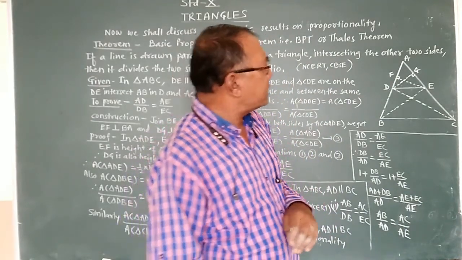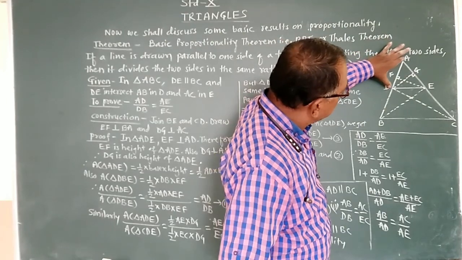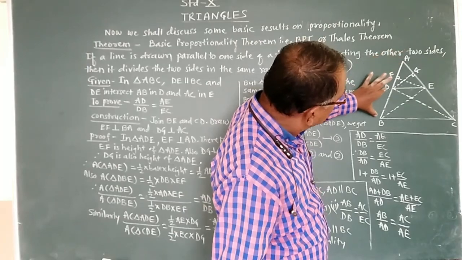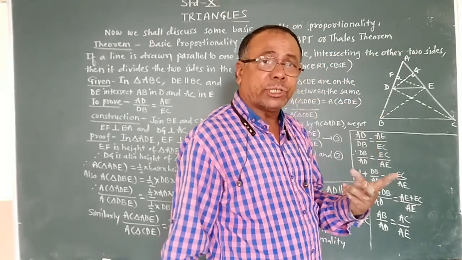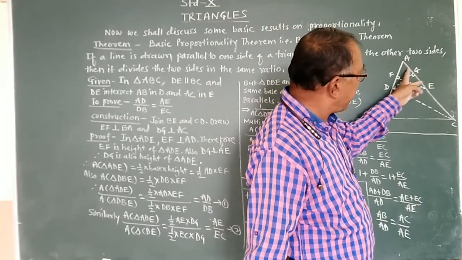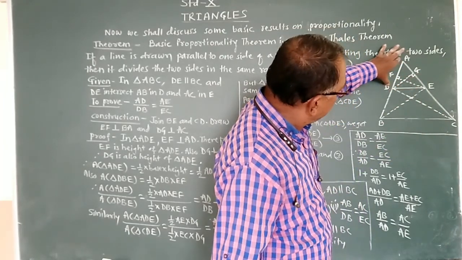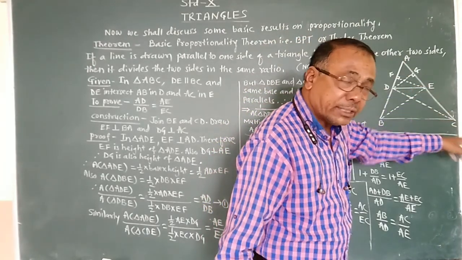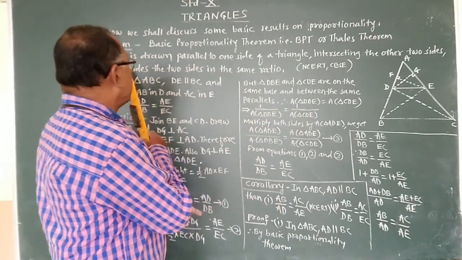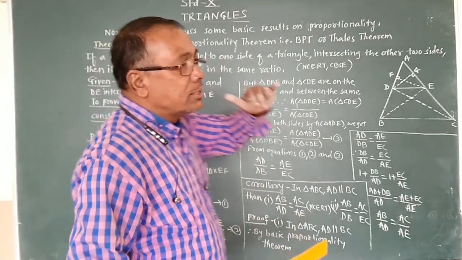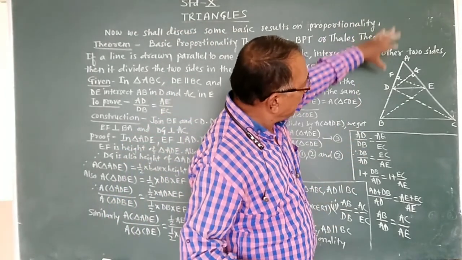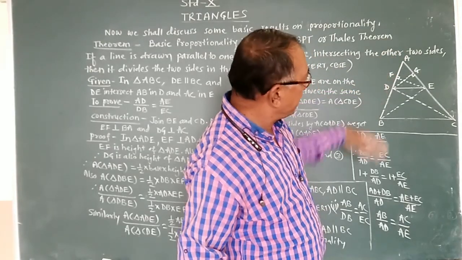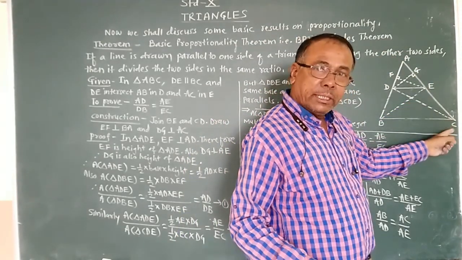In the same ratio, what is the division of AB? AB is divided into AD and DB. These are the two parts. So AD upon DB, and the other two parts of AC, that is AE and EC. So AD upon DB is equal to AE upon EC, and this is known as the sides being divided in the same ratio. If we take the ratio of these two parts, AD upon DB, similarly AE upon EC,